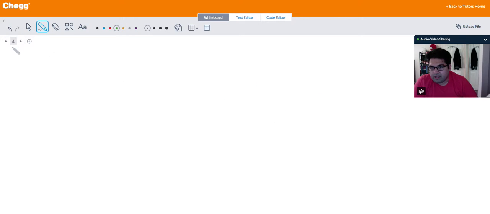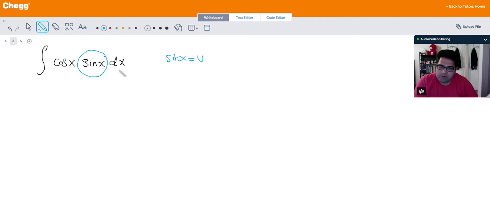So let's do another example. The integral of cosine x sine x dx. So you need to always choose u as a part that you have its derivative inside of the problem. So basically I choose u to be something that I already see its derivative in the problem. So if I choose sine x as u, I know the derivative of sine is cosine, and I already see this here. So cosine x dx, taking the differential,